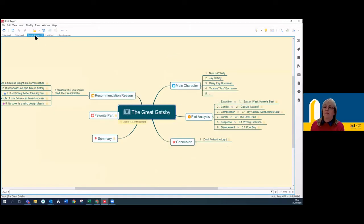Built into the mind mapping tool called X-Mind are standard templates for something as simple as a book report, where you have your characters. I'm looking at a visual mind map, brainstorming, spidergram. There's a whole variety of words used for it, where we've got the characters in the book, the plot analysis, the conclusion, the summary, what your favorite part of the book is, do you recommend it, and what are the reasons? And there are yellow note symbols inside in each of those branches of the mind map where the content